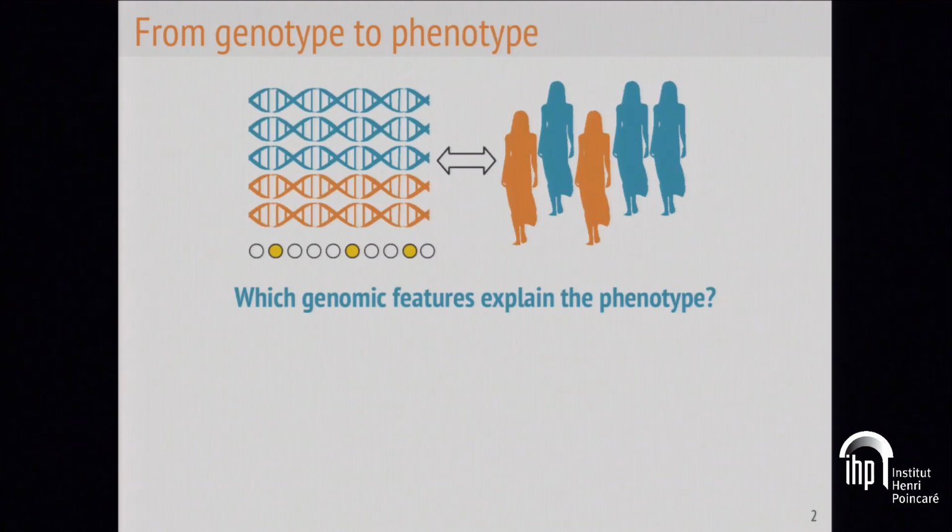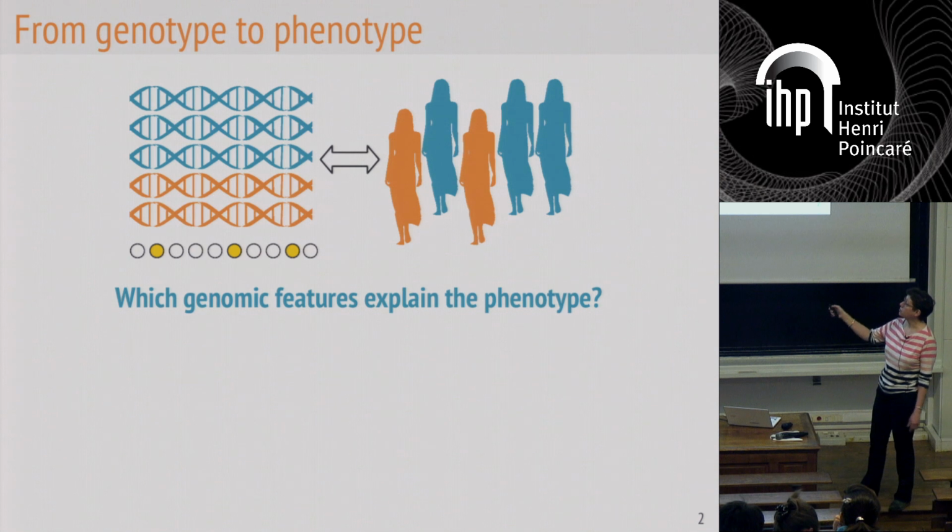In machine learning terms, the data we're working with is as follows. We have a number of measurements along the genome. Those are the little round things here. These are genomes of samples, and for those samples we have what we call a phenotype, which is an outcome if you want. In this case I have a binary classification problem, so I have blue people and orange people, so cases and control. And I want to figure out which are the features, which are the regions in the genome, the ones in yellow here, that explain why some of my people are blue and some are orange.